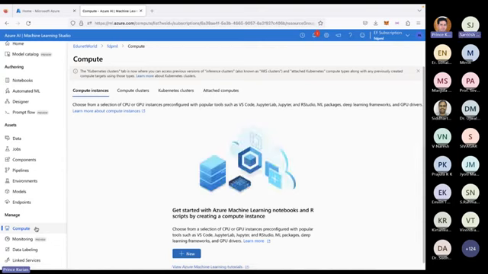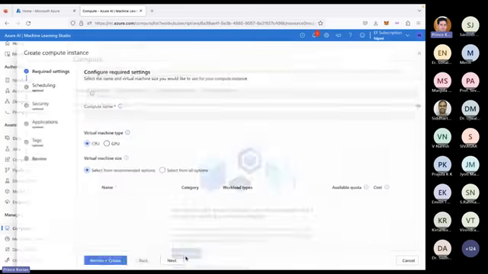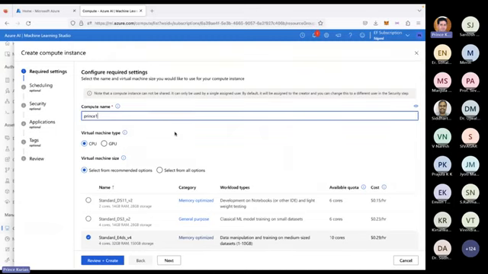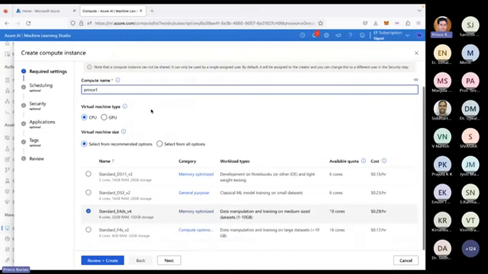Click on compute, on the left side under manage. Yes, over here. Click here and click new. Here we have different options. We can give a compute name. I have given this name, and you can